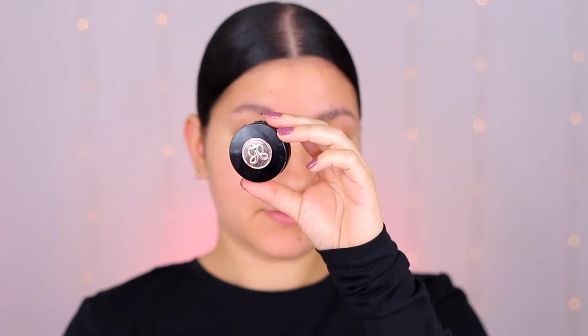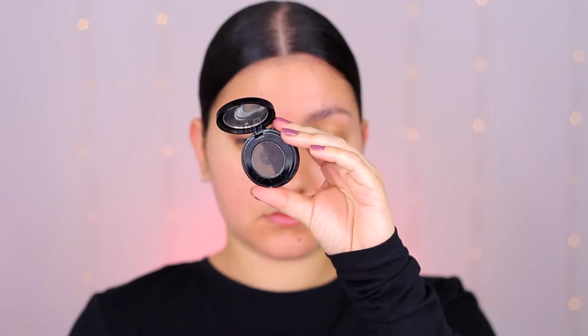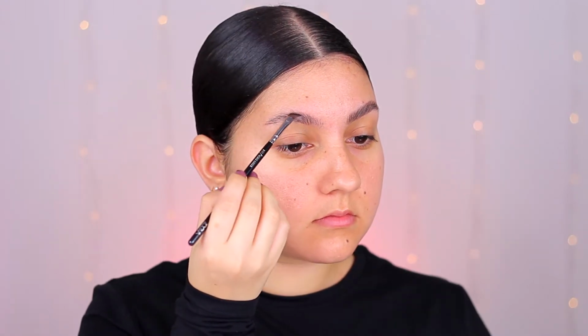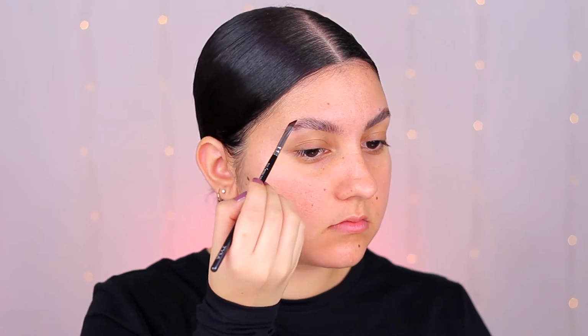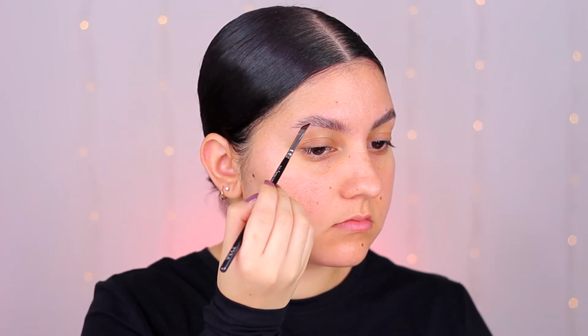With my Anastasia brow powder, I am gonna start painting on little brow hair strokes, if you will, to create a really fluffy and big brow. And this look is gonna be for Halloween, but it's also gonna be very glam, so I am focusing on